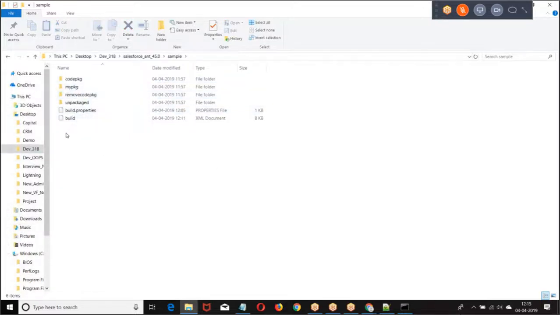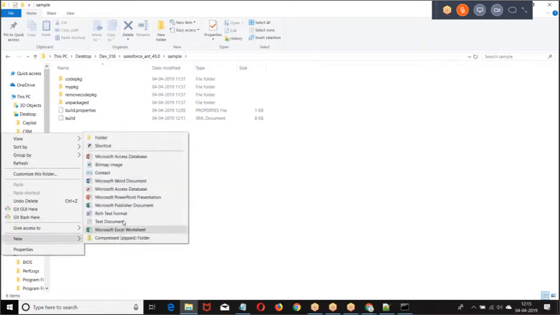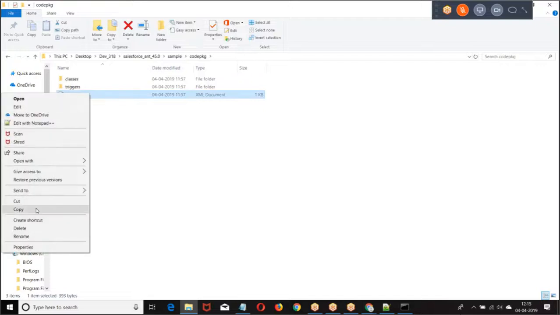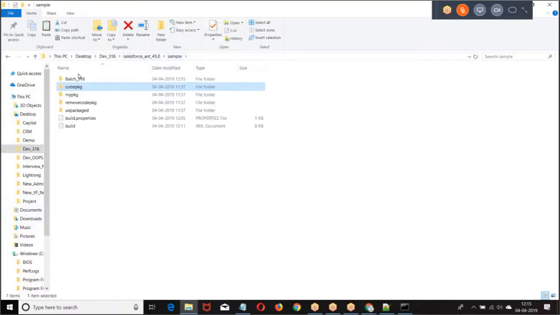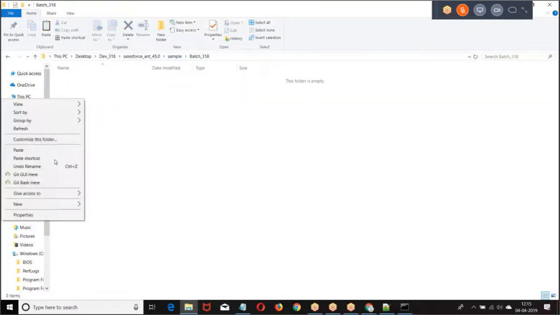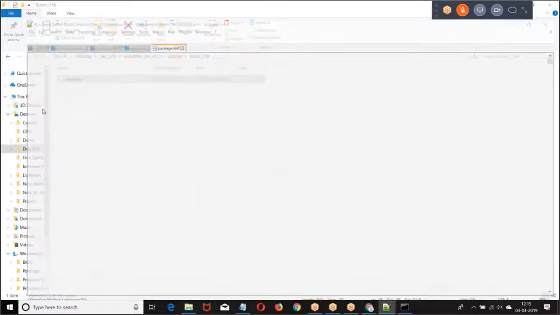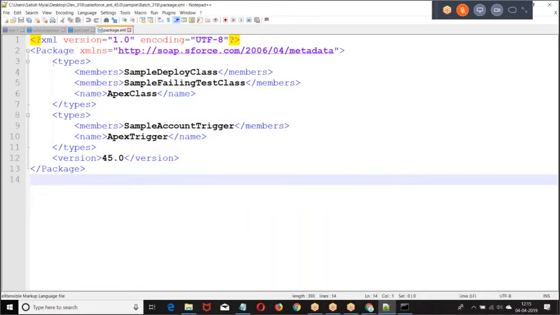Now I gave my path here. I created a folder, batch 318. Now I need to get the package.xml file. What is the purpose of the package.xml file? This file will tell what we are supposed to fetch. Now I want to fetch